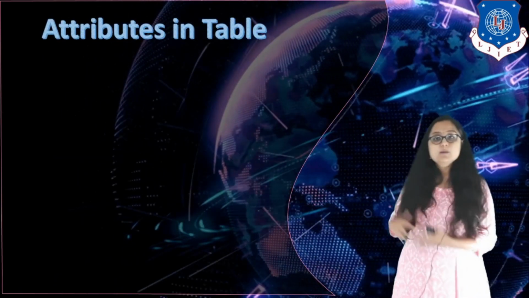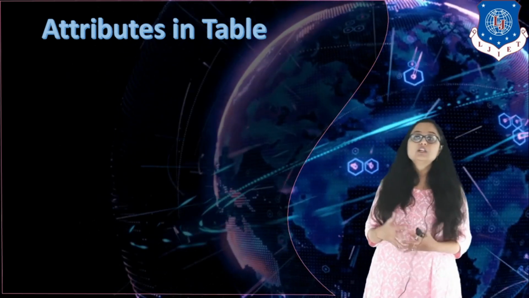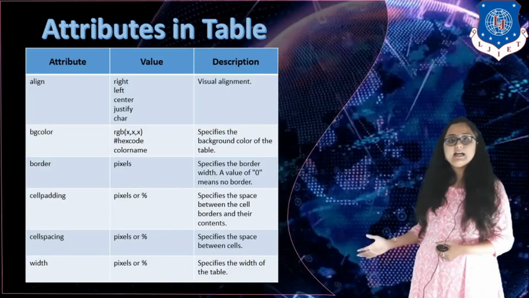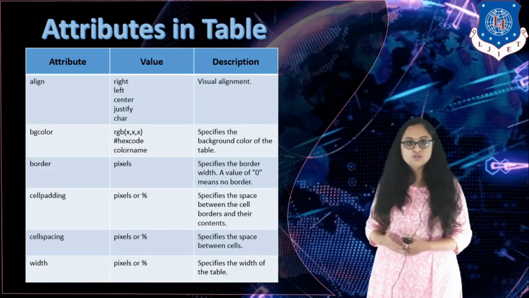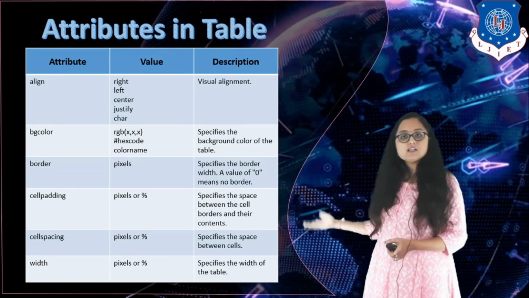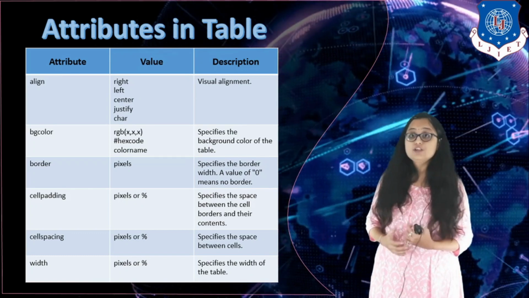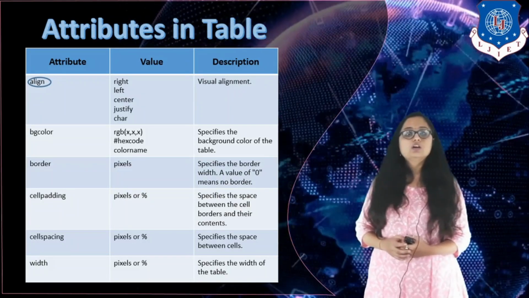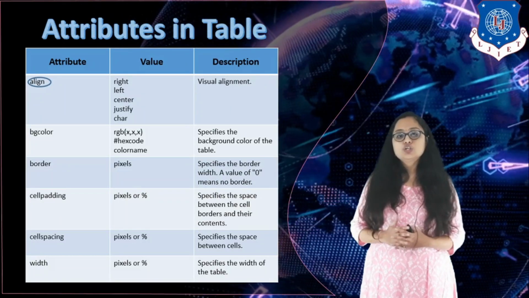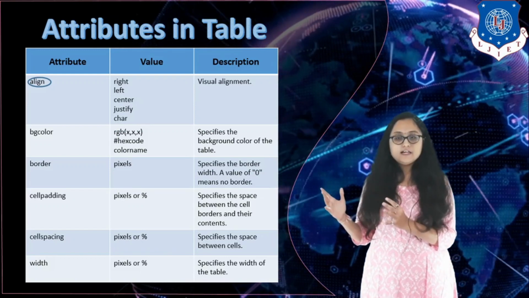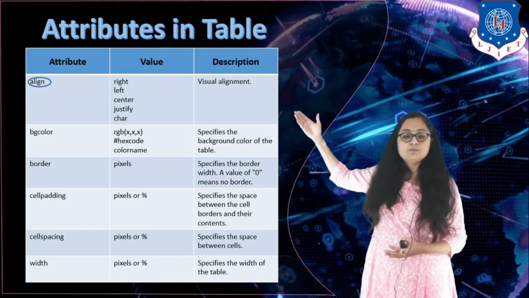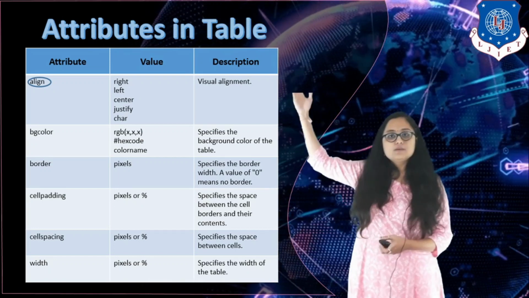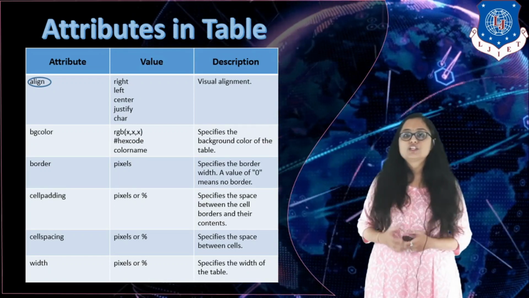Now let us see some of the attributes which are very popular in table and which are used in table, right? So these are this attribute list. We will go through this attribute list. The first is align. Okay, so these are the attribute list which are very popular and used along with table. Let us go through them one by one. The first attribute is align. Now whenever you want to visually align the table, right, so you can write this attribute. So these are the possible values. You can align it left, right, center, you can justify it, right? So these are the possible values. You have to write align along with the table tag.